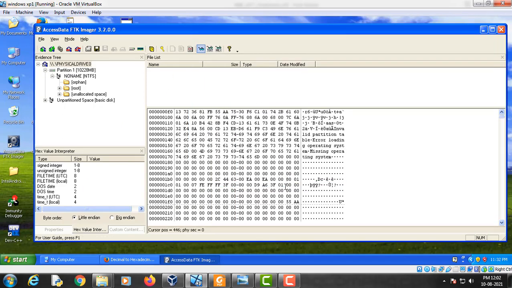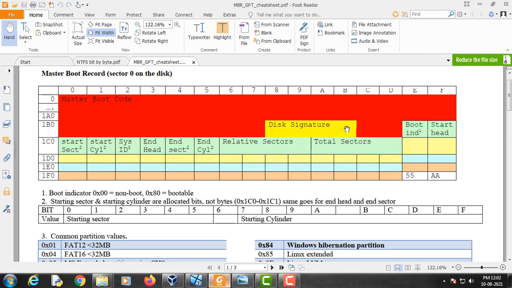Now we will extract some useful information from this partition. So let's first examine this diagram. As you can see, the second byte from left is the boot indicator, and this boot indicator tells us whether this NTFS file system is bootable or non-bootable.